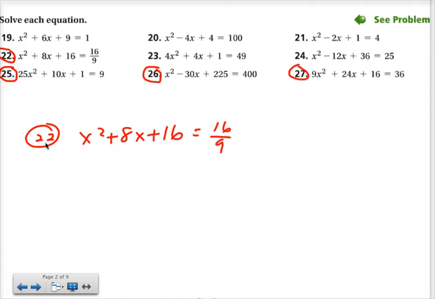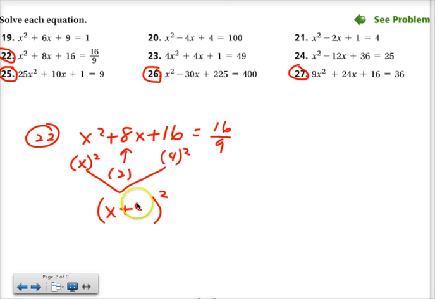So hopefully we notice that this is a perfect square in the front and this is a perfect square in the back. And then we check that middle term by taking what we would have squared for A and C there, the x and the 4, multiplying them together and doubling it. So 4 times x is 4x, times 2 is 8x. That tells us we do have a perfect square trinomial, which means this was really x plus 4, the quantity